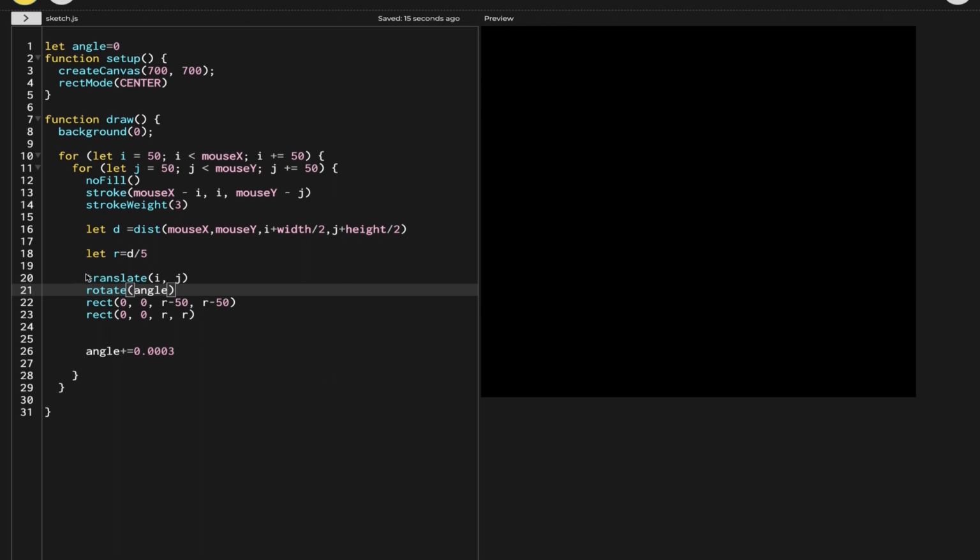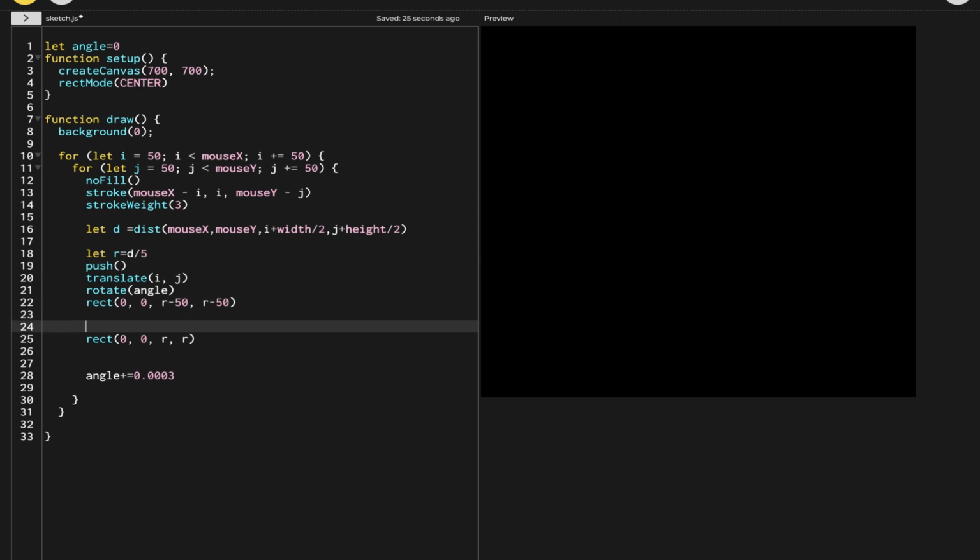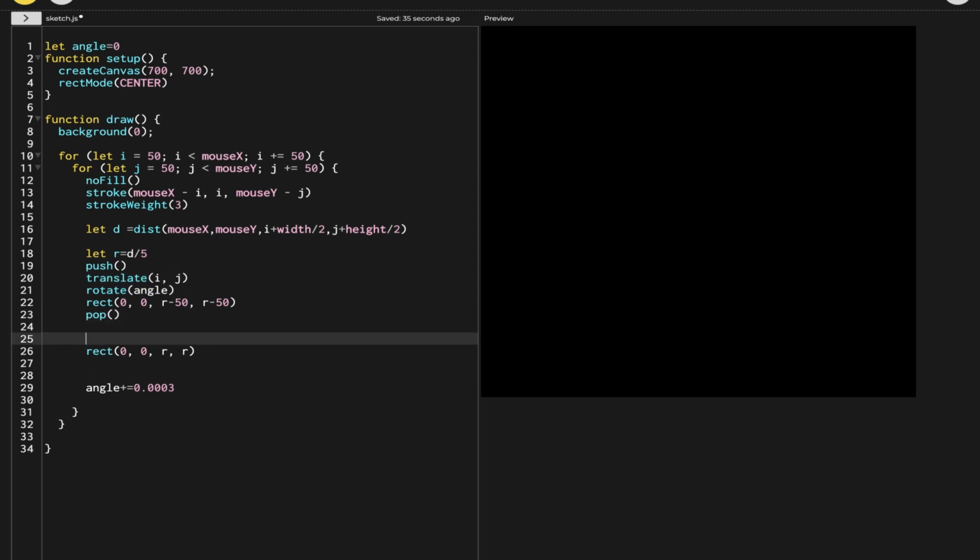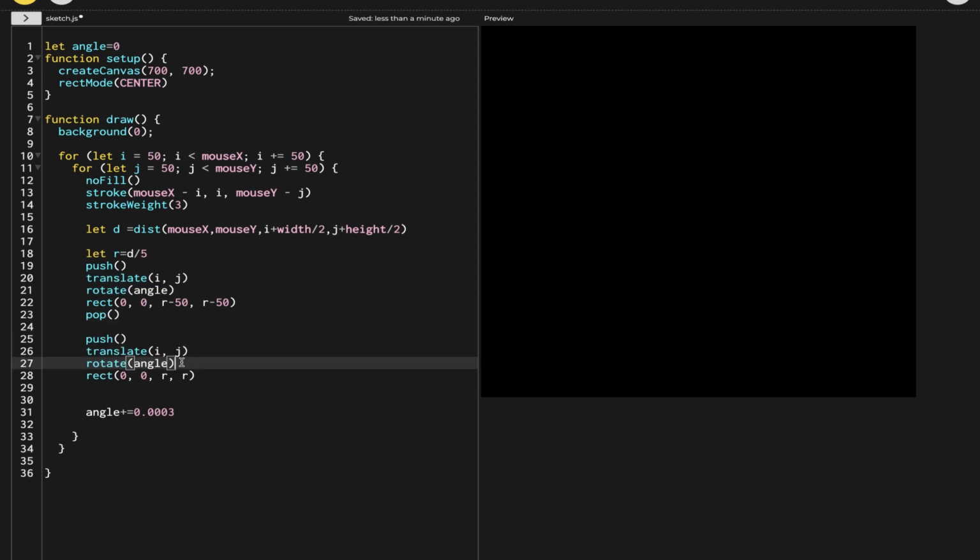To do that, I need push and pop. So I'm going to use push and pop around the first one first, and then I'm going to use the same thing around the second one as well. But when I copy the push and pop, I'm also going to copy the translate function for the second one, so they have a separate translate and rotate,